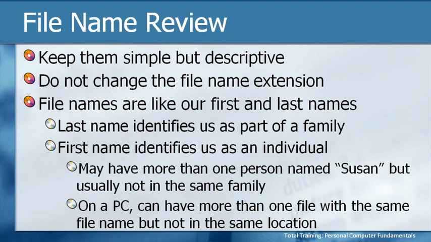So on a PC, we can have more than one file with the same first name, but it can't have the same first and last name and be in the same location. If it has the same first name, like my Budget 2010, but a different last name, then both of those can reside in the same location. It's the whole name being the same that can't be stored within the same location. In this case, we're talking